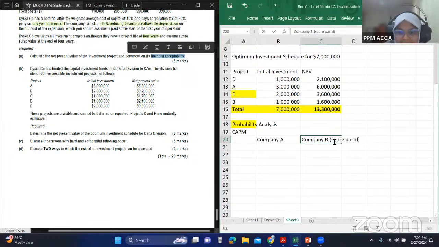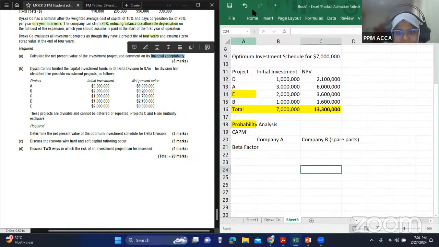Now, what you have to understand is, Kaplan knows about the business risk of publishing. They have no idea about the business risk of spare parts. Okay, they don't know about the spare parts business at all. So they don't know the business risk. So if they want to carry out an investment appraisal in the spare parts business, it's best for them to consult company B a bit, because company B knows the business risk of spare parts. So how do we do that? Using the beta factor. Okay, we use the beta factor.